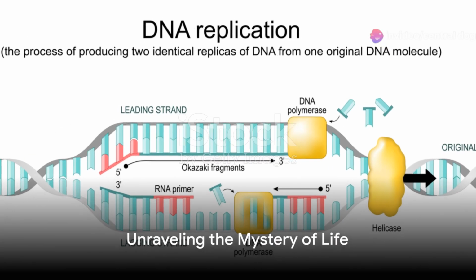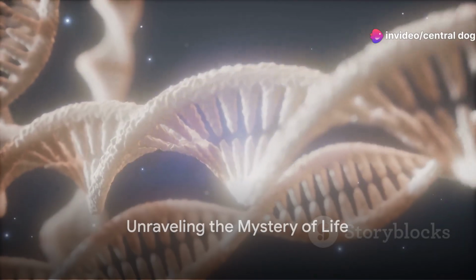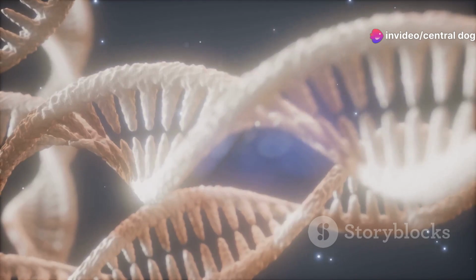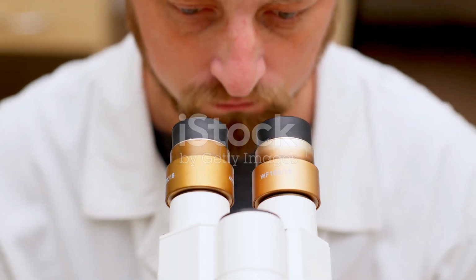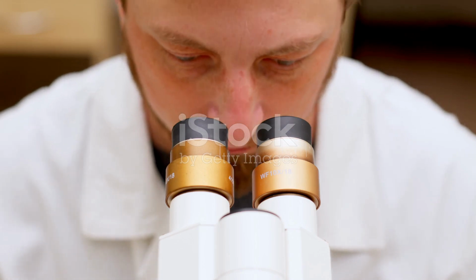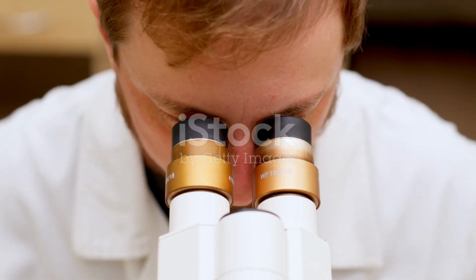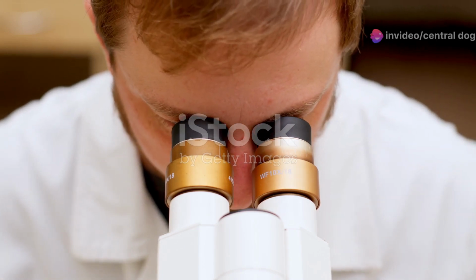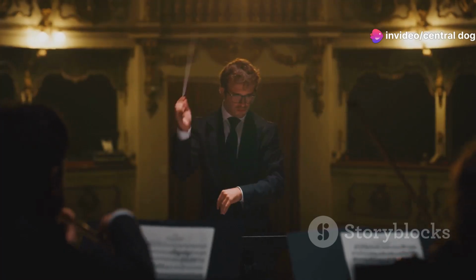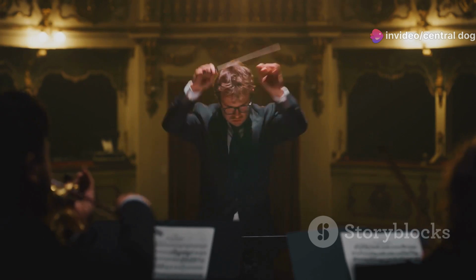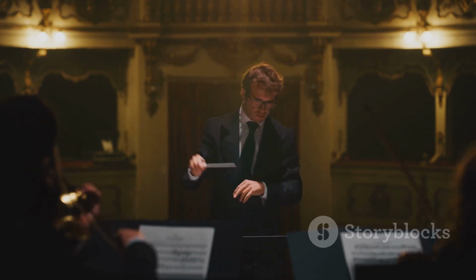Ever wondered how the blueprint of life translates into the myriad forms of life we see around us? This transformation is orchestrated by a fundamental framework called the Central Dogma of molecular biology. This concept, proposed by the brilliant mind of Francis Crick in 1958, governs the flow of genetic information within every living organism. It's like the conductor of an orchestra guiding the symphony of life.